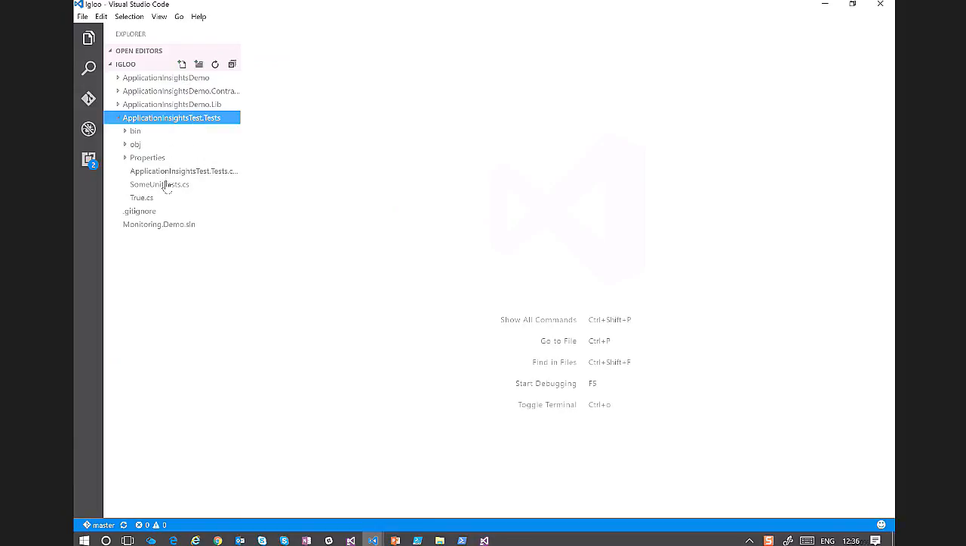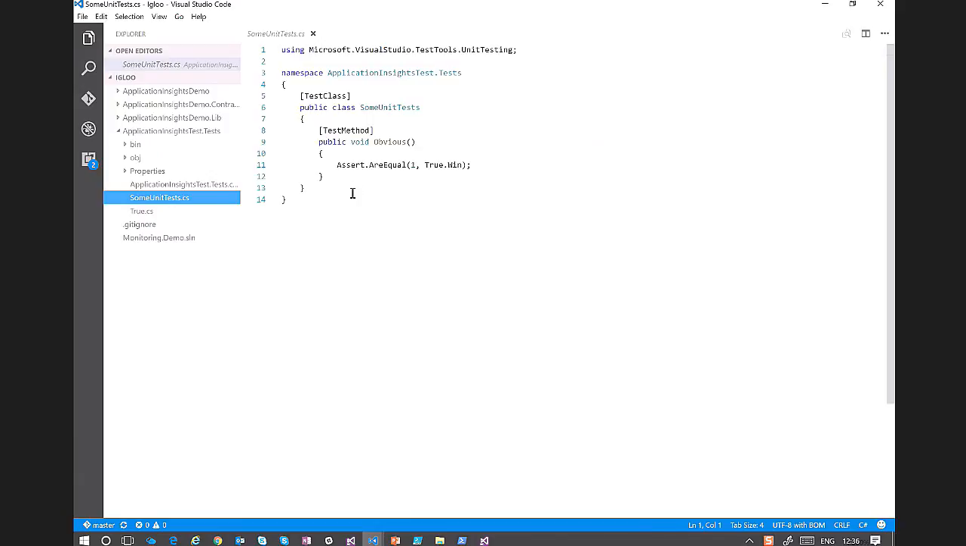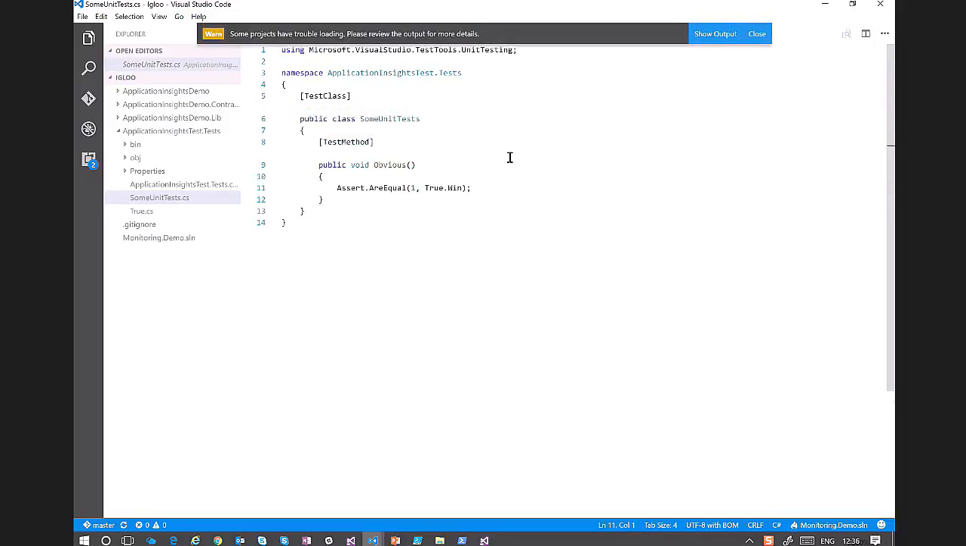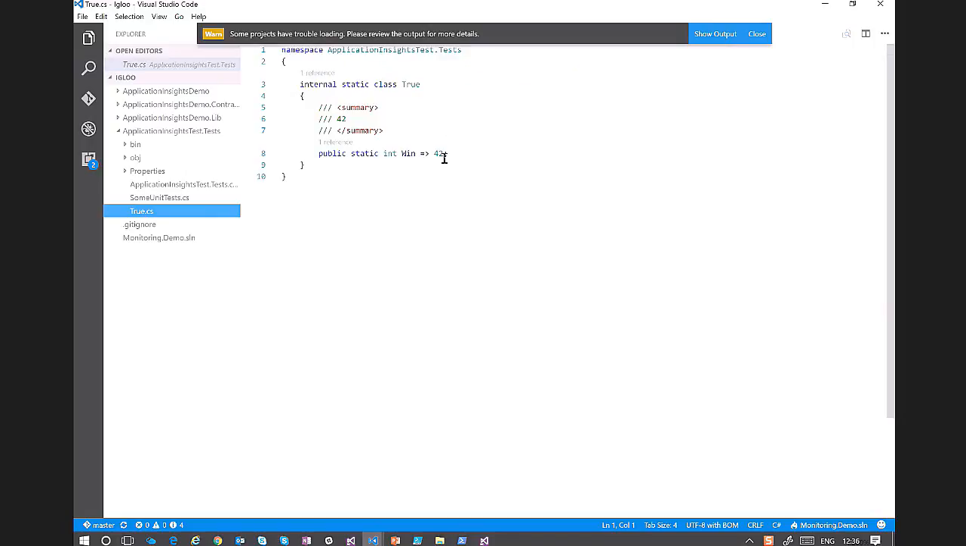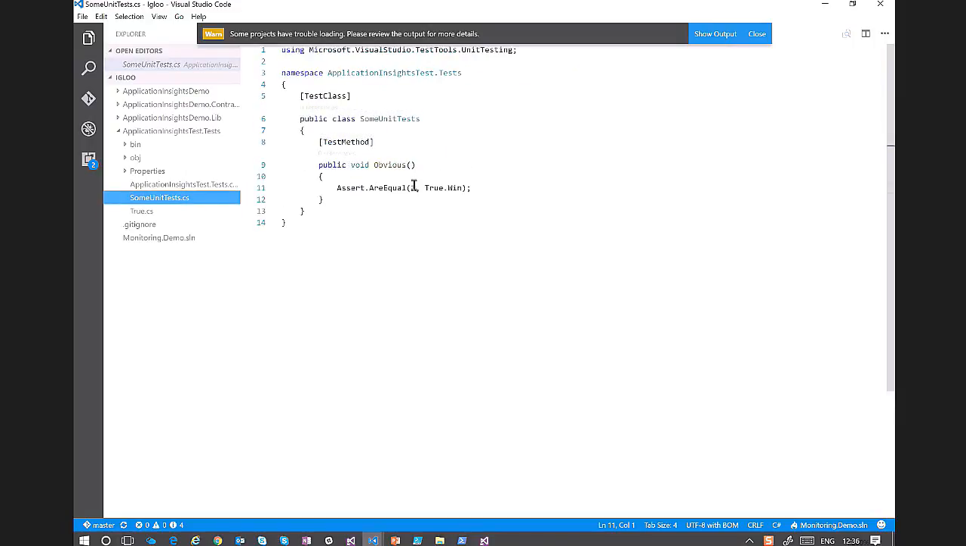There's a test broken. Seems I have some unit tests. Okay, there's a test called obvious, which is failing. It says that a true win equals 1. No, that's not right. That can't be. No, of course, a true win is 42. That's the actual winner. So let's change that file